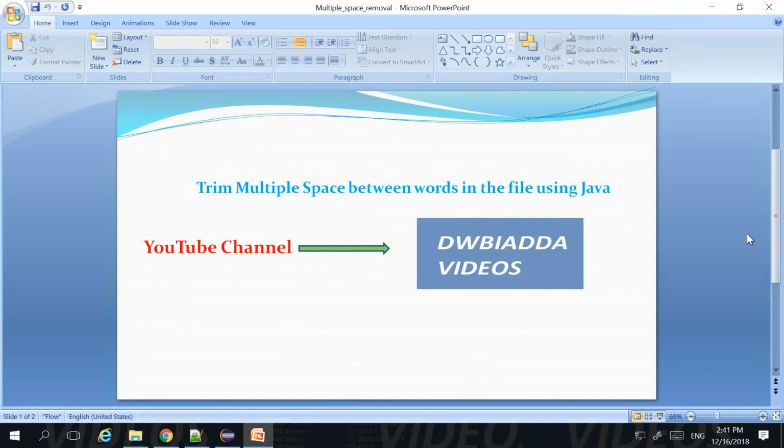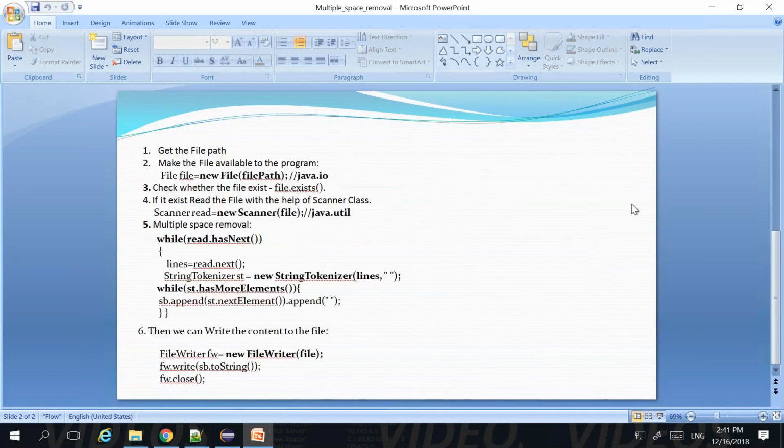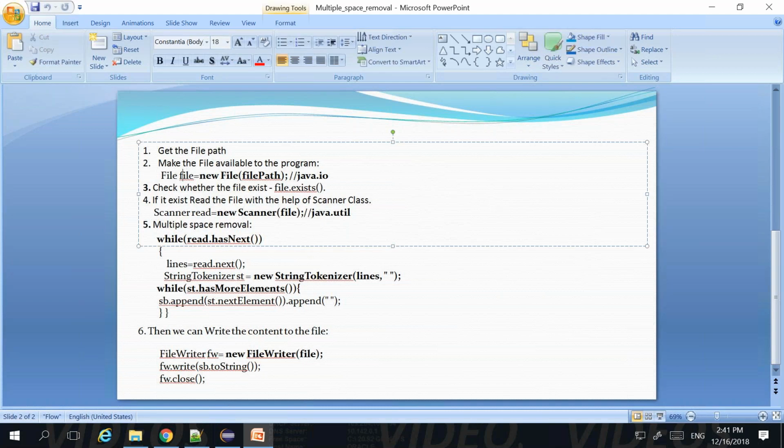Hi friends, today we can see how to trim multiple spaces between the words in a file using Java. First we will be getting the file path where the file exists so that we can work on it. After accepting the file path, we can make the file accessible to the program with the help of the File class that is available in